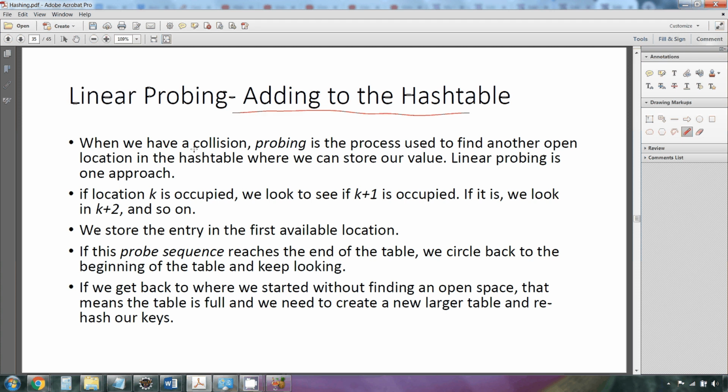So when we have a collision, what we do is we probe until we find another open location in the hash table, and that's where we can put our value. And one way to do that probing is linear probing. What that means is if our location is K, but we try to go and put our